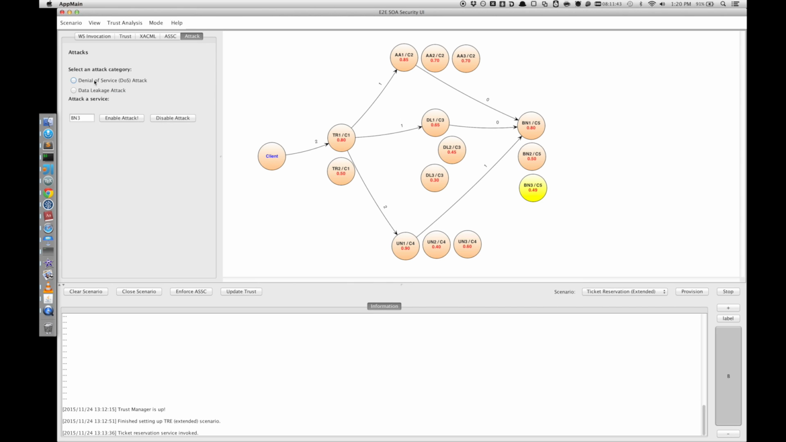Also, we provide two different attacks. We can attack any of the services. For example, we want to attack AA1 by a denial of service attack. We can enable this attack here. And by enabling the DDoS attack, basically the